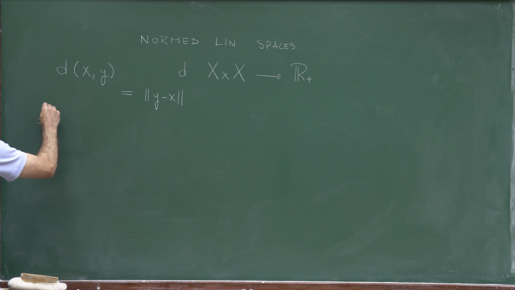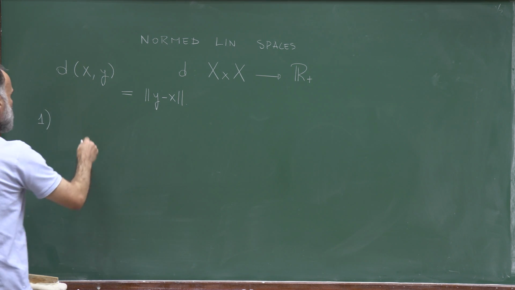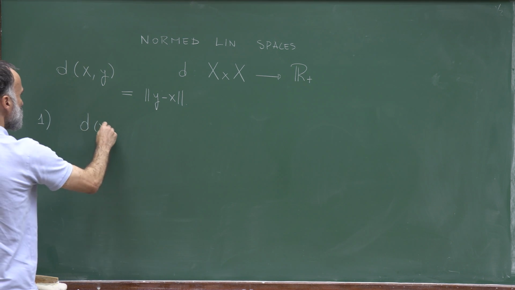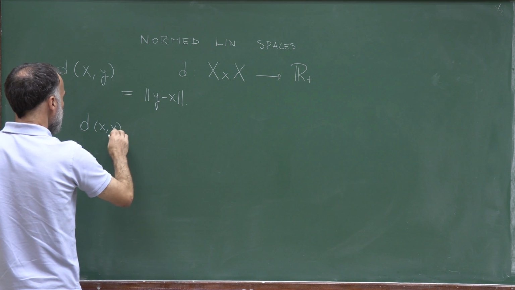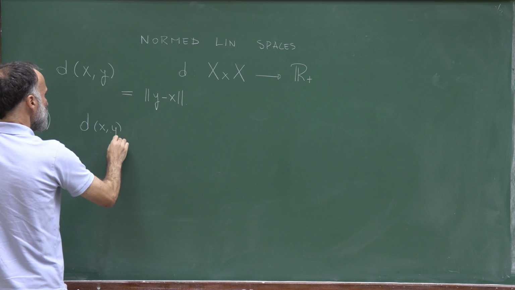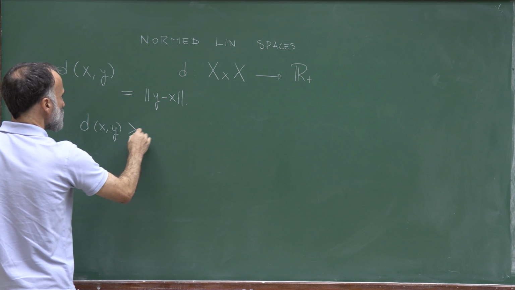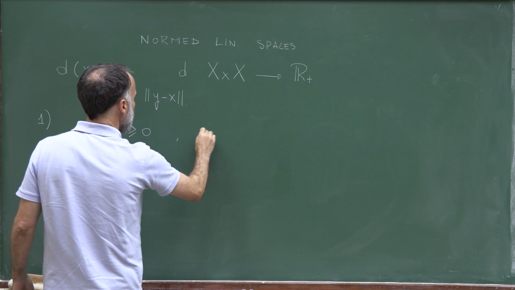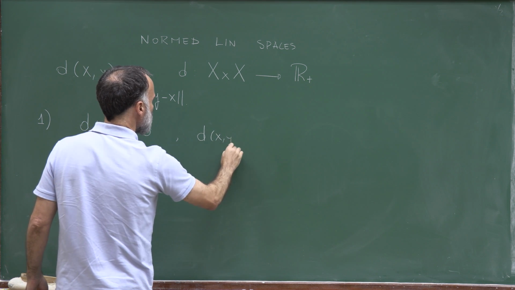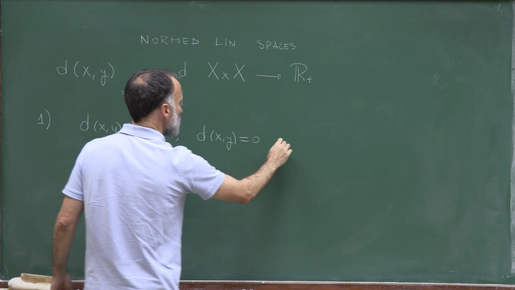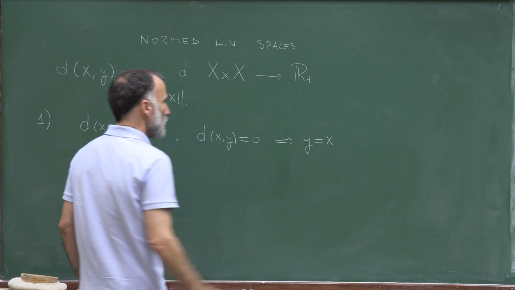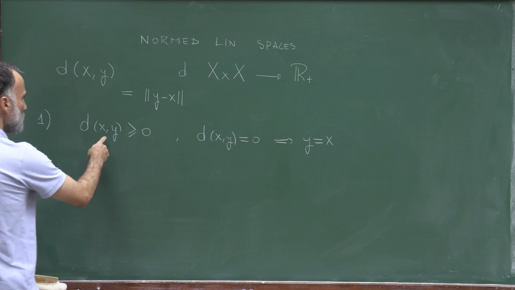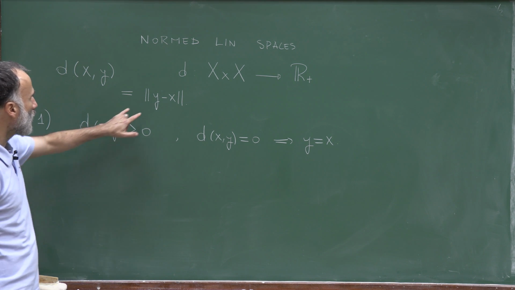So remember, such a function is a distance if the distance between x and y is always non-negative, and that the distance from x to y equal to 0 implies that y is equal to x. But this is certainly satisfied because the distance between x and y is a norm,